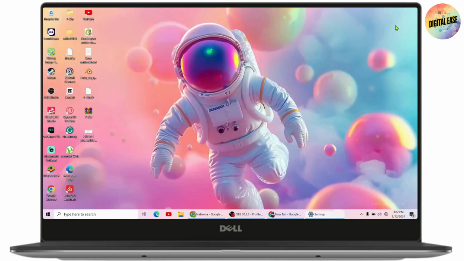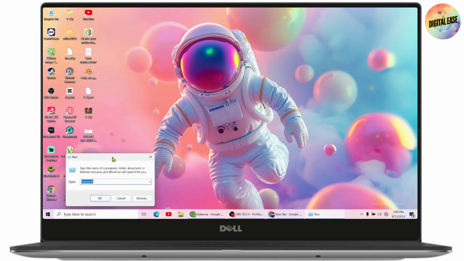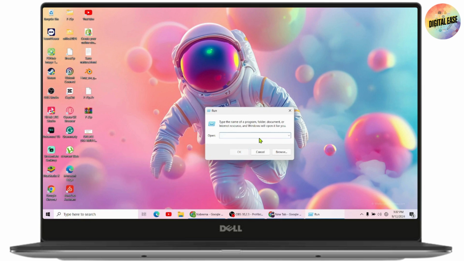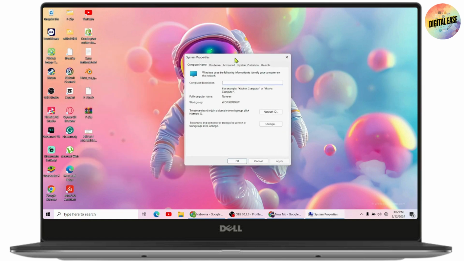Once you choose, you just need to simply go back, right click on the start icon, and then go with run, and here you need to enter sysdm.cpl and then go with OK, and you will get this kind of interface where you just need to simply